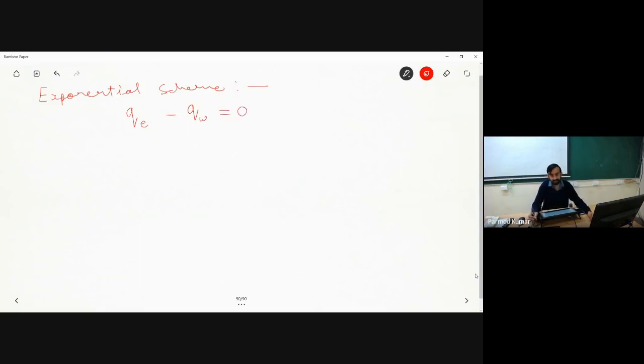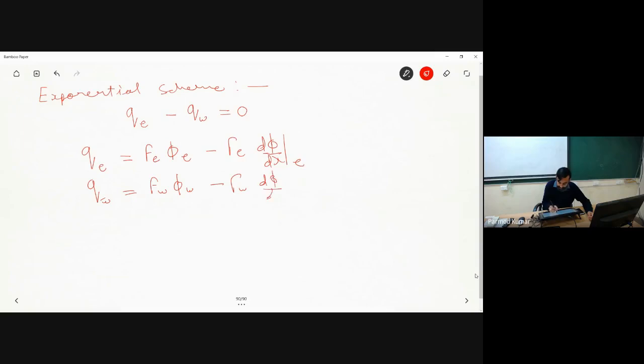Then for QE and QW, we were about to calculate the formulation where QE was equal to FE into phi E minus gamma E into d phi by dx at face E. Similarly, QW equals FW into phi W minus gamma W into d phi by dx at